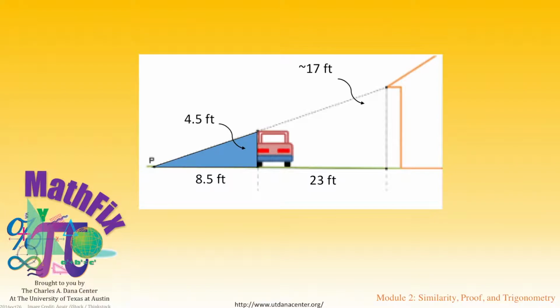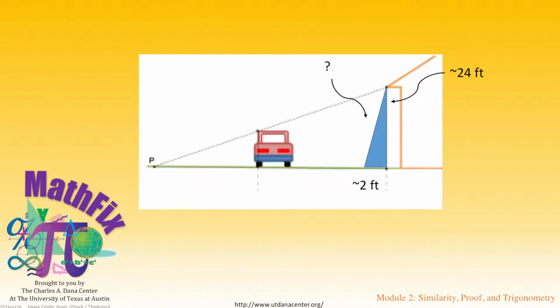However, the question asks for the shortest possible ladder. So to be safe, we need to estimate for the tallest possible car. So, using 6.5 feet, we get an approximate house height of 24 feet. Checking to see if this makes sense in the context of the problem, this could be a two-story house with a flat roof. One thing to keep in mind, however, is that a ladder cannot lean straight against the house,